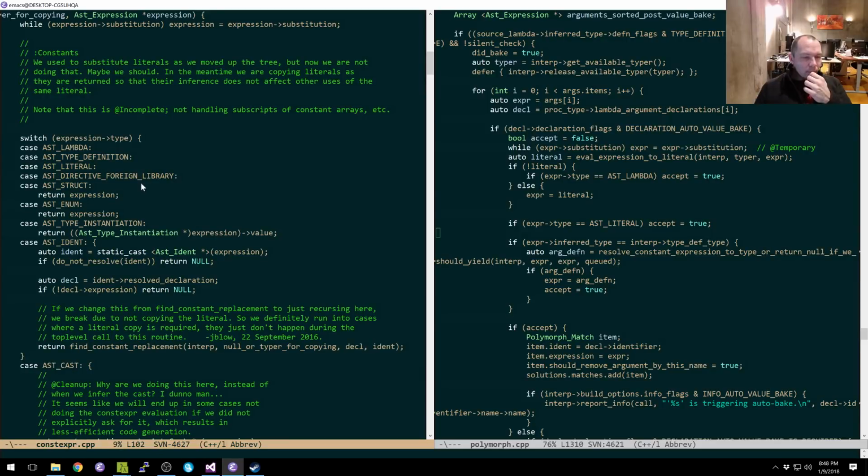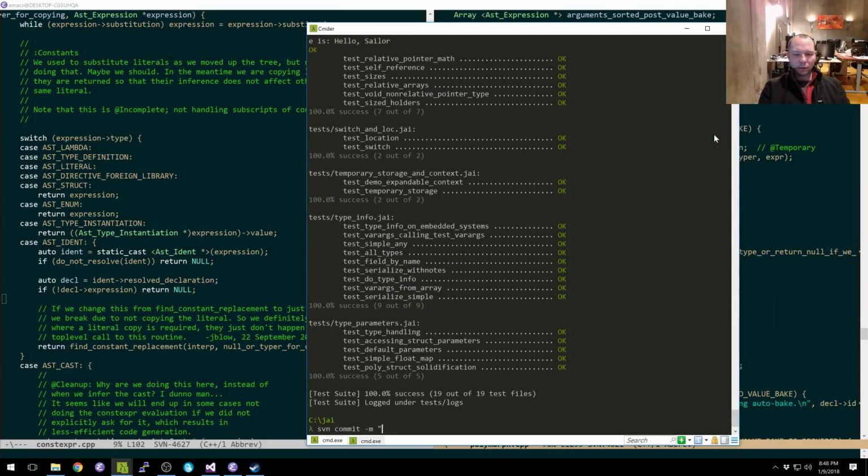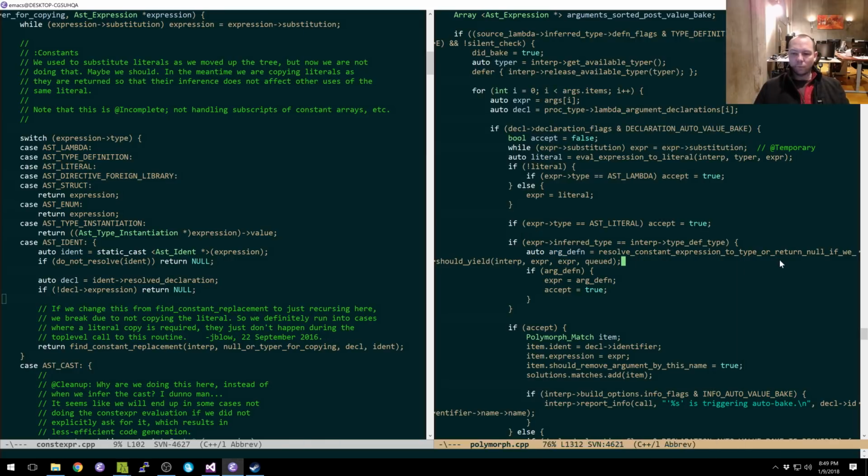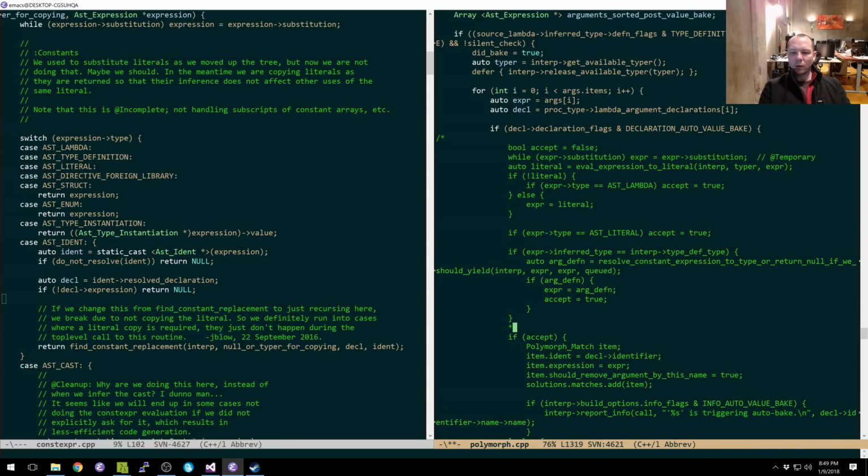And you get back a basic type, like a lambda or a type definition. So I don't understand why I'm doing all this stuff. Well, let me fix a solidification problem in polymorph, step 1. All right. Step 2 is going to be all this stuff goes away, and we say